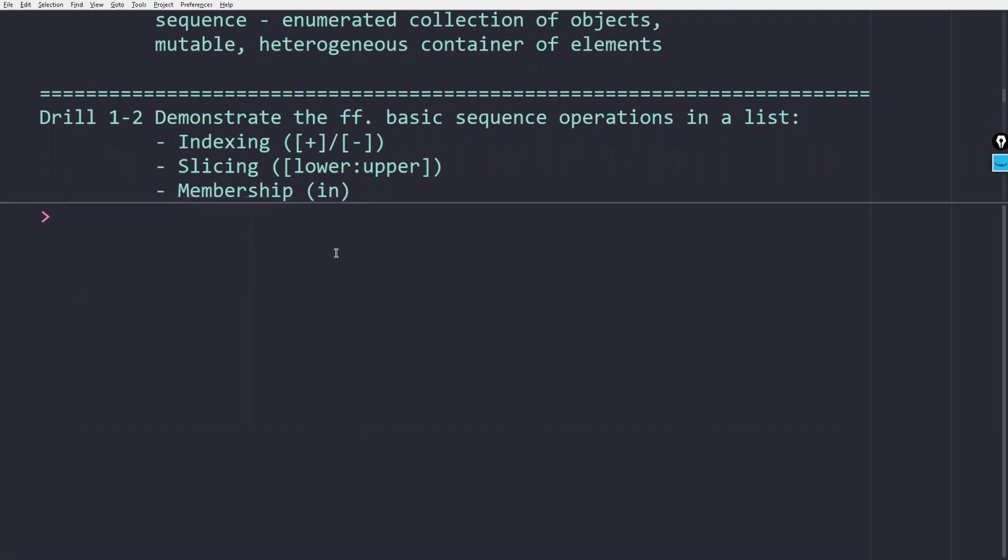Okay, next operation is membership. So let's go back to our my list example. And I could check whether 10 is a member, using the in operator. This is a Python operator keyword. So 10 in my list,